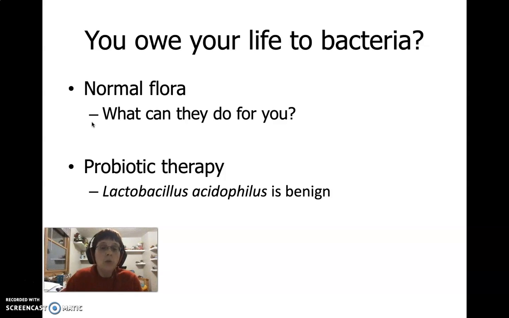So you actually want the ones taking up residence on your skin and so forth, and in your nose and in your eyes, because they are not going to do any harm and they're going to keep the bad guys out. You may have also heard of probiotic therapy. Probiotic therapy is where we use benign and sometimes, if possible, helpful organisms to actually do the same sort of